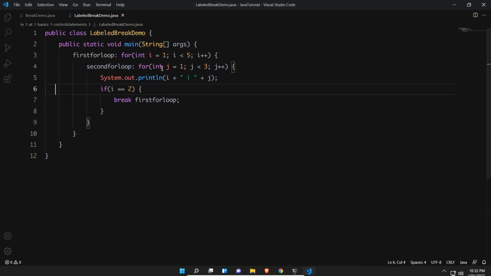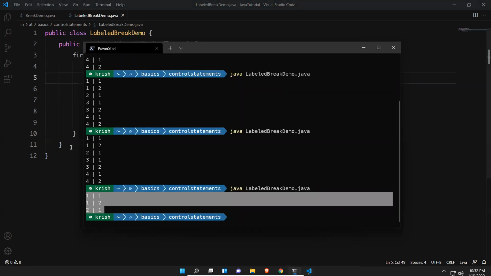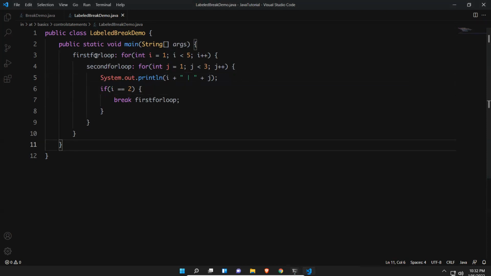Then i becomes 2, and it will print 2 with j equals 1. The moment i equals 2, it breaks out. It will come out of that loop. If you execute this, you see 1 1, 1 2, 2 1, so only 3 rows are printed. That's how this label is helpful: from the inner loop I'm terminating the outer loop. That is the advantage when you label these loops. This is all about the labeled break example.